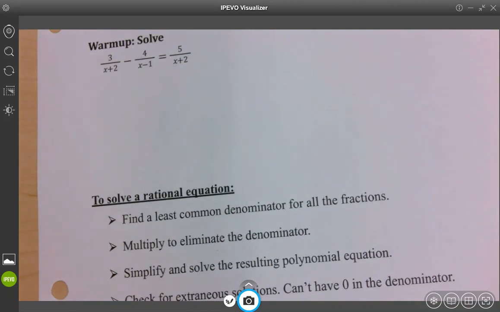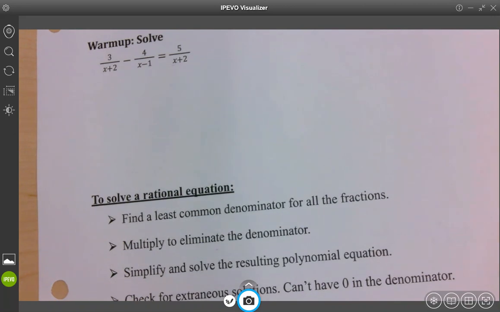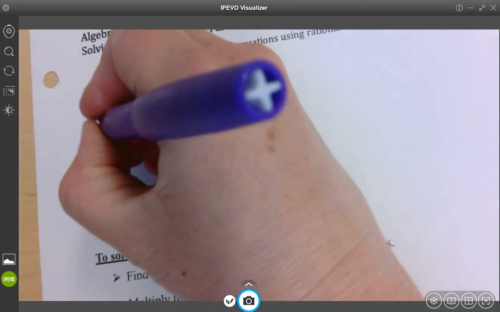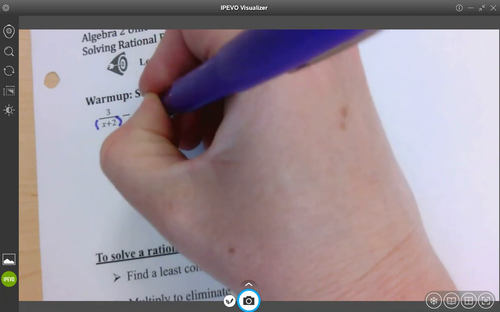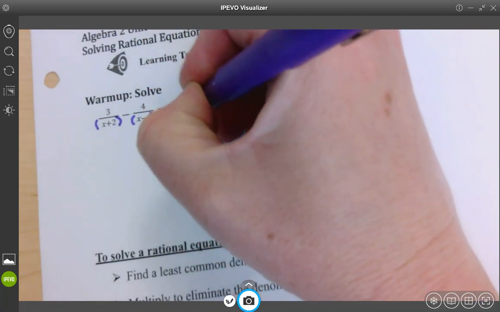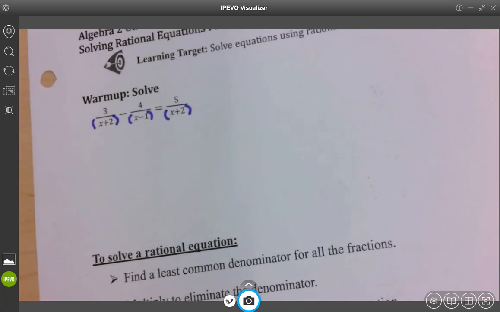All right, so we're going to talk about your warm-up problem. One thing that you might want to do is just add some parentheses to keep your denominator together. And then the minus in here, it's not absolutely necessary, but it could be helpful to change